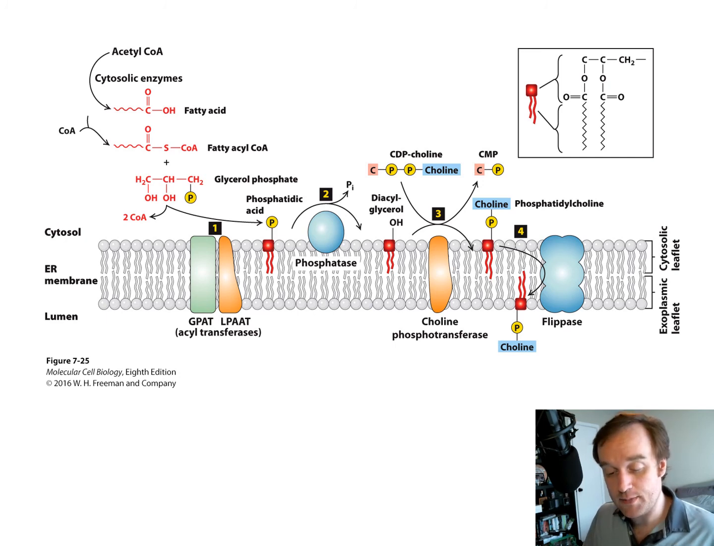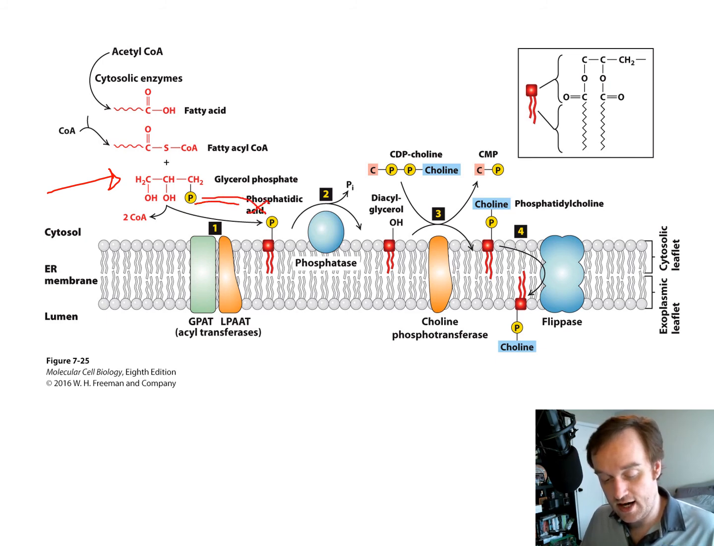So the first step here is that two fatty acids are synthesized on fatty acyl-CoA, and this is esterified to the phosphorylated glycerol backbone, which is right here. And this forms phosphatidic acid. And the hydrocarbon tail of this phosphatidic acid anchors the molecule to the membrane. So here, we have our phosphatidic acid that is anchored to the ER membrane on the cytosol side of the